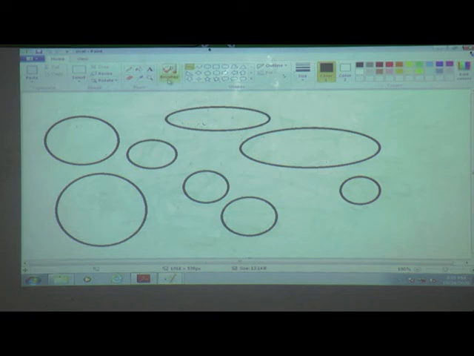How to give color? Select the fill with color option. You can see color 1, color 2. This one is color 1. We will take red color. This one is color 2. We will take yellow color.